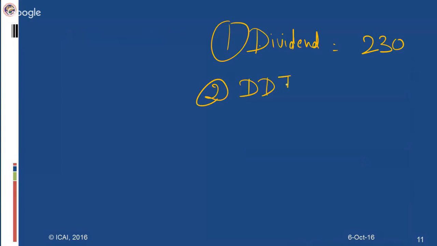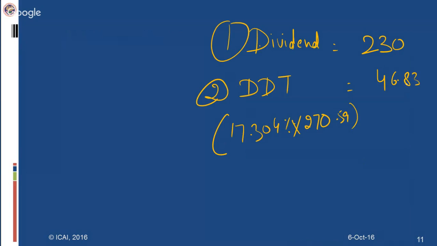But we have calculated, number one, the dividend will remain 230, and tax on it, that means DTT, is 17.304% of 270.59, and it will come to 46.83. Only for the grossing up purpose, we have converted this 230 into 270, and for the grossing up, we will use only the base rate. Base rate is 15%, but DTT tax rate is